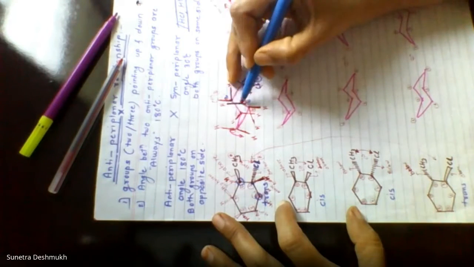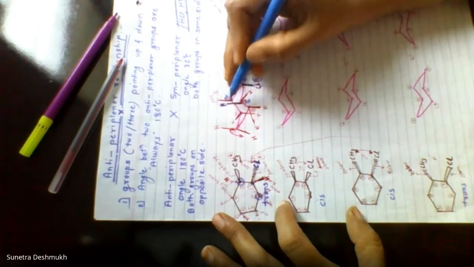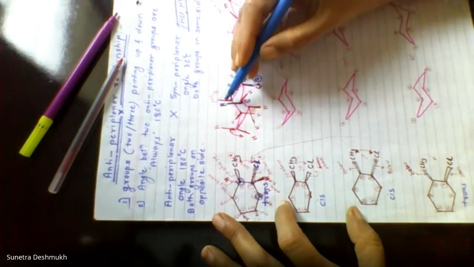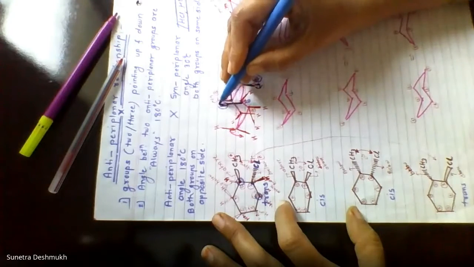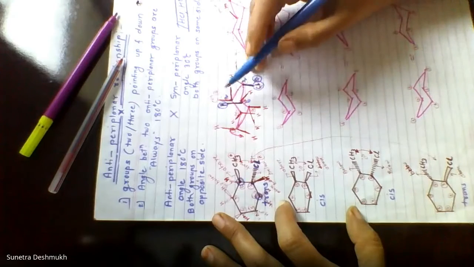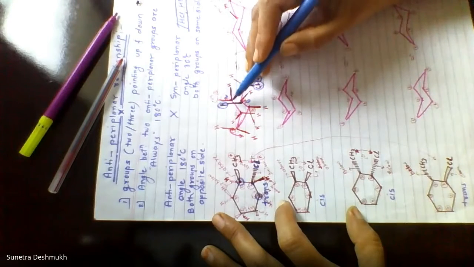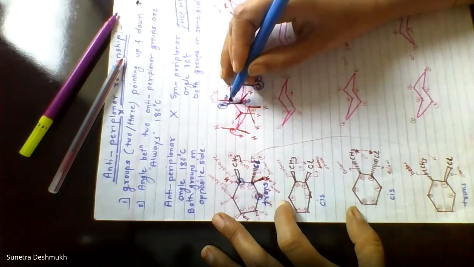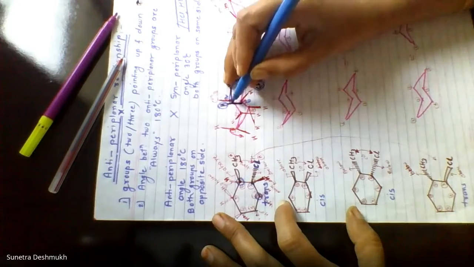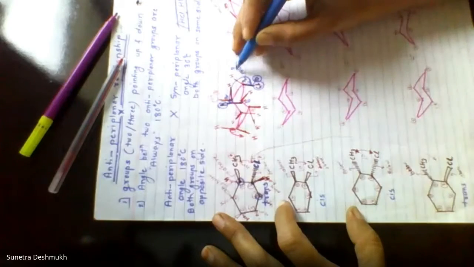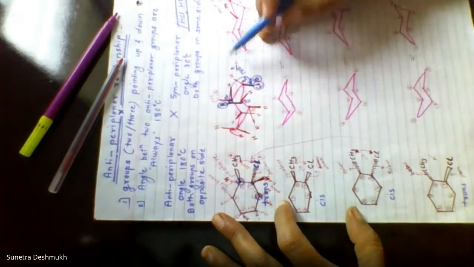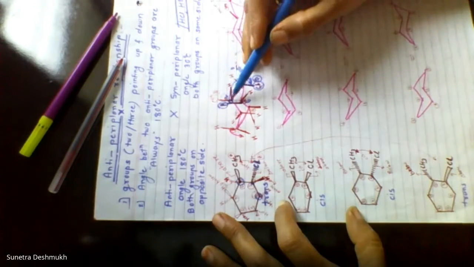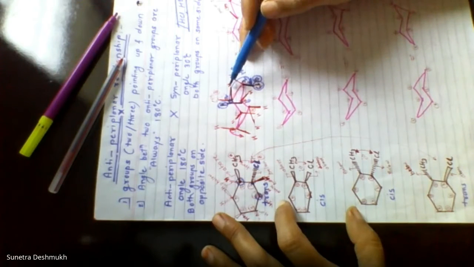Now we have to check which hydrogen is anti to this chlorine atom. Here you can see one hydrogen which is present on the sixth carbon atom. This is anti to the chlorine. So these two are completely opposite to each other. These two groups, hydrogen and chlorine, are completely opposite. The angle between these two, H and chlorine, is exactly 180 degrees. This angle is 180 degrees.